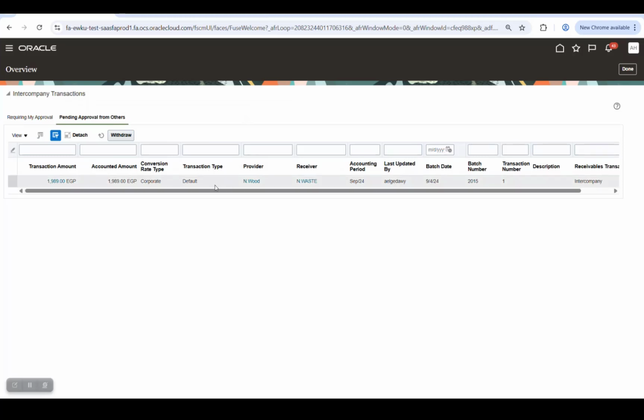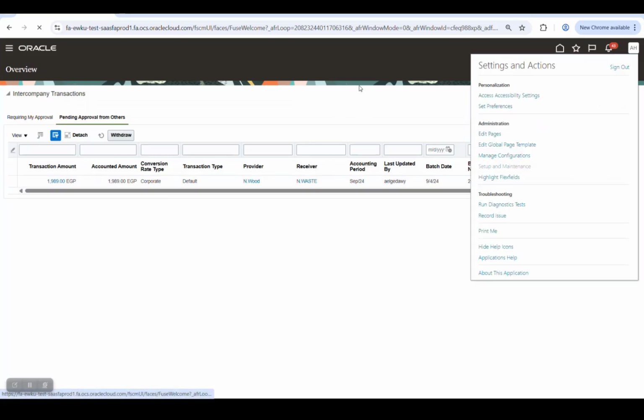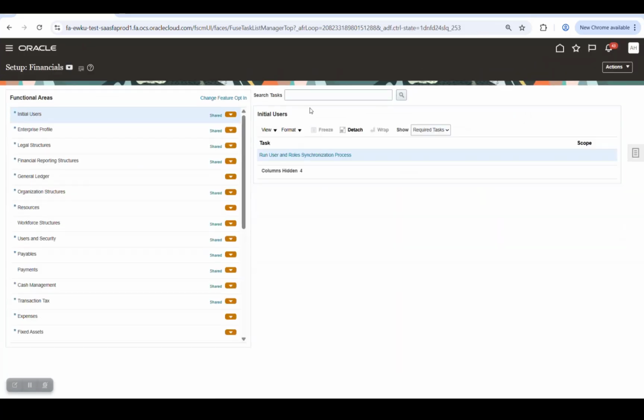From others means it's already sent to a different approver, which is Muhammad Salah. So after some time it will be sent to Muhammad Salah to approve this transaction amount. Until this notification is sent to my name, which is under the BPM approval group, I go to here,